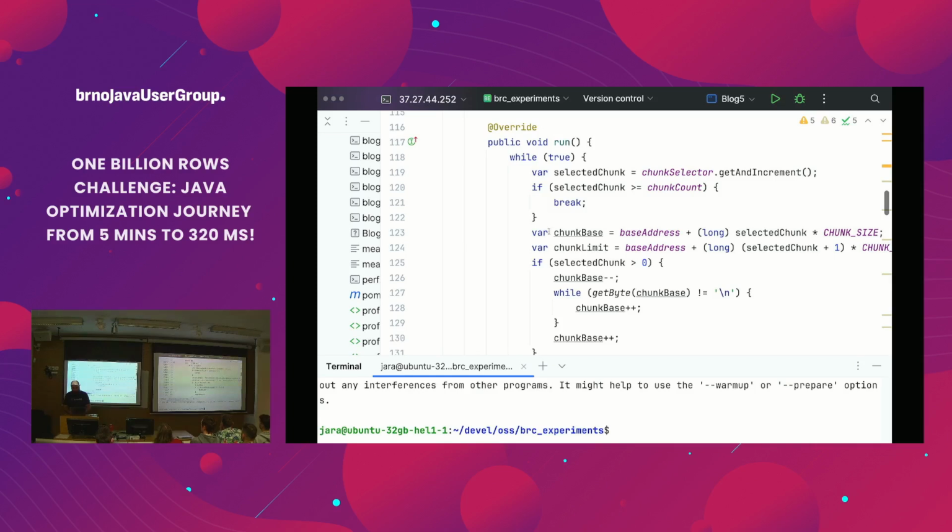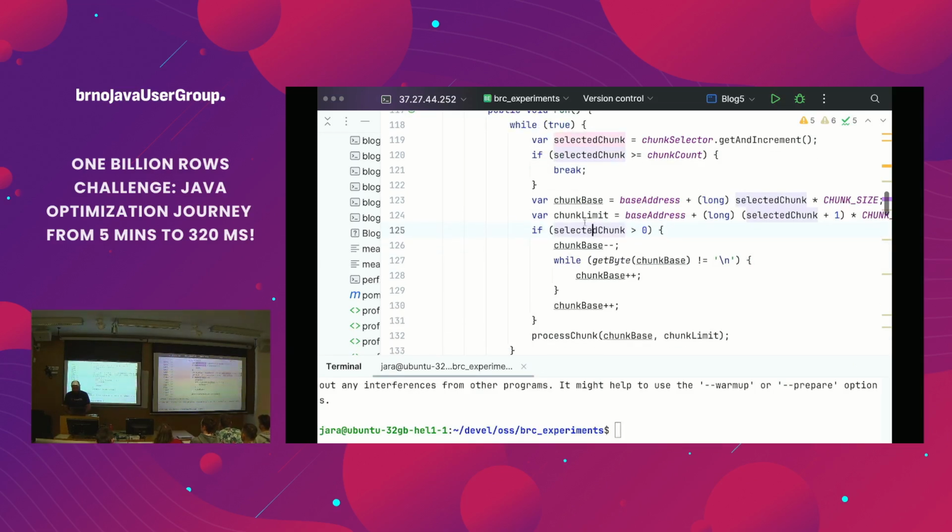Yeah, here. Okay, so I claim my chunk, and if the chunk is not 0, it means it's not the very first chunk. Then it's still seeking until it finds the end of the line, because again, I cannot start to search in the middle of a line, right?